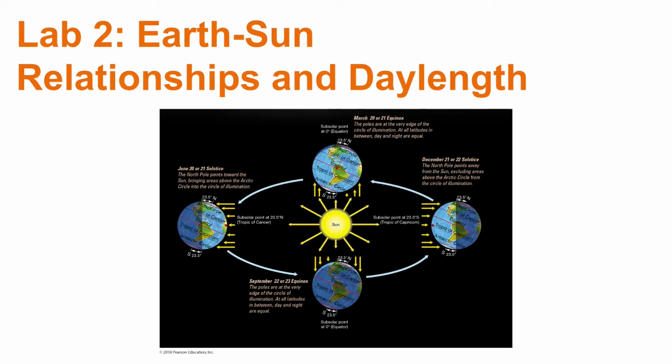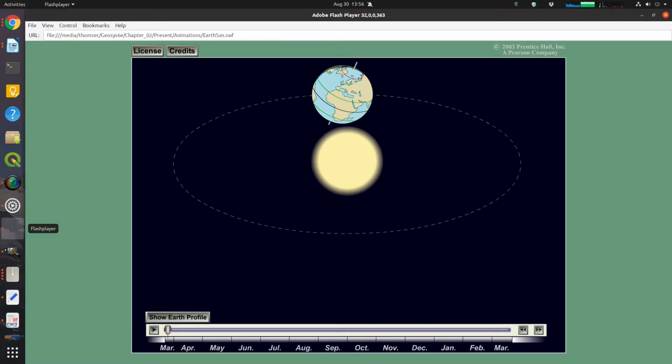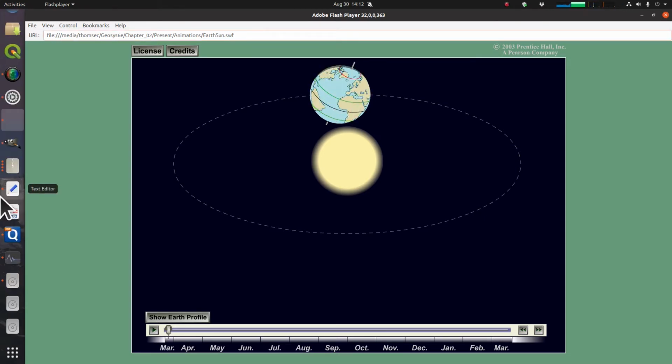So here, for starters, is the diagram from the textbook that we've been using, at least in my lecture class, of the different seasons. Let's take a look at the slides. First thing, I want to show you this animation of the seasons. Now we've got an animation that's going to be useful in showing us how Earth and the Sun combine